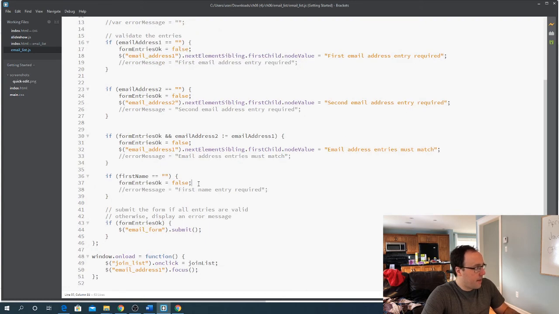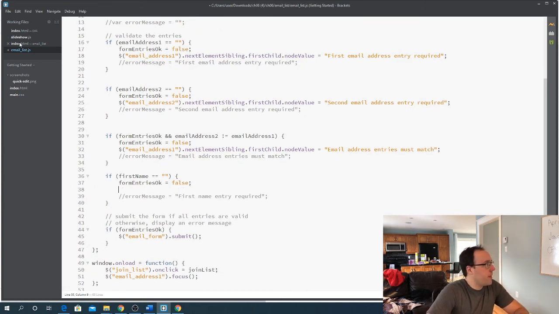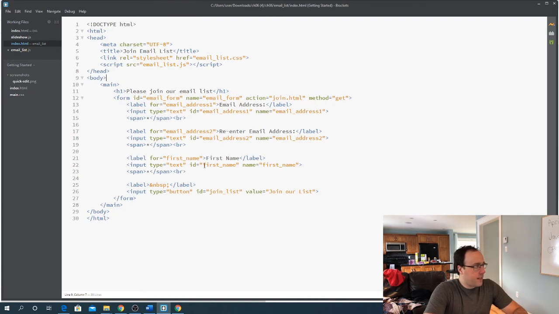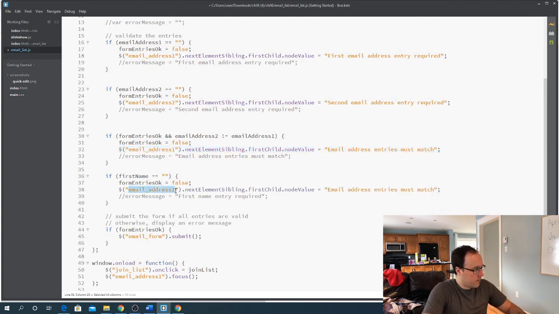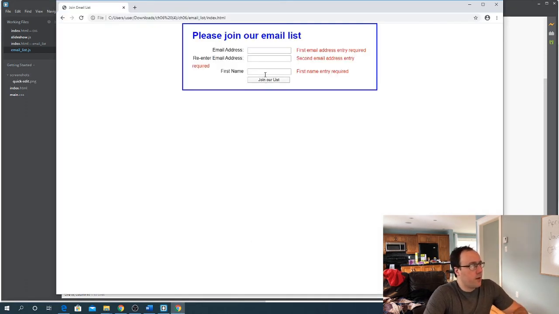Okay. And then the last one is going to be for the first name. Let's look at what the ID is. So the ID is first underscore name. Okay, and then I'll just put in the error message. Okay, first name entry required. Okay, so that looks pretty good. So let's just run this. So right there we go. We get our error messages. And if I enter something in,